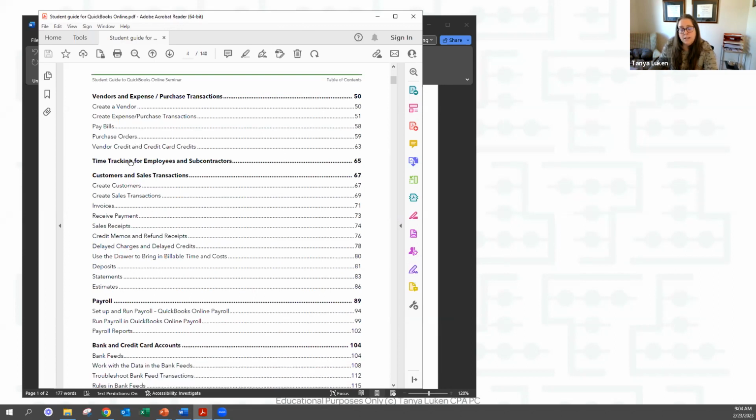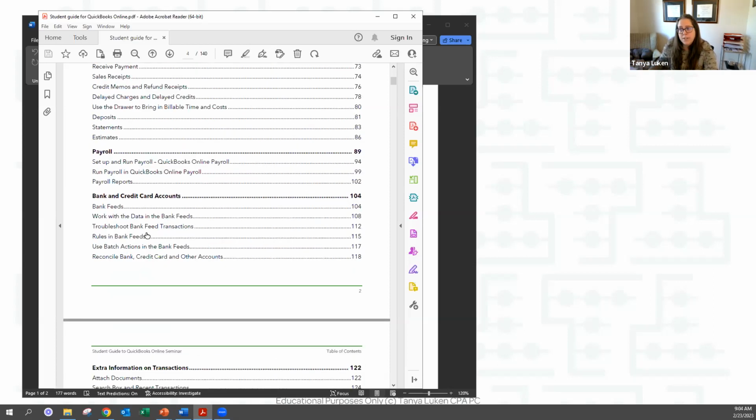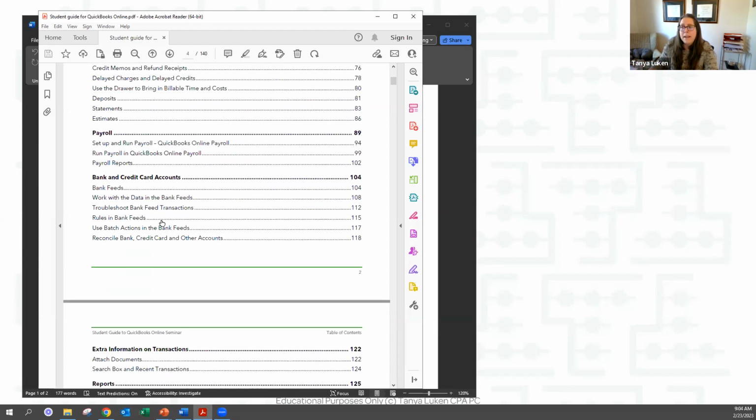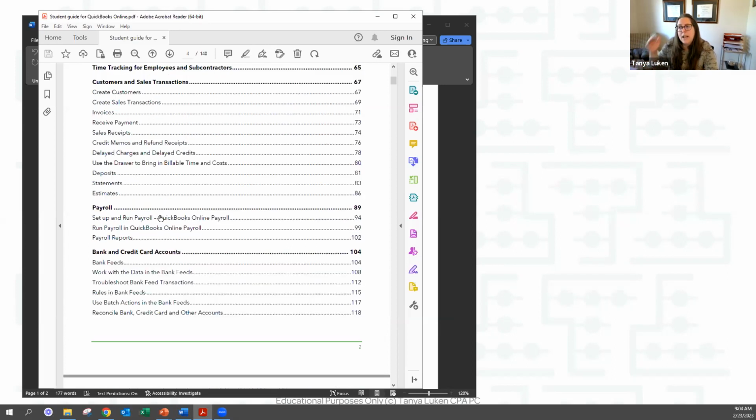Time tracking, we're going to talk about today, but at the very end, because it doesn't apply to everyone. Customers and sales transactions, we're going to talk about first. Payroll, we're going to talk about at the end as well, because again, payroll doesn't apply to everyone. And then bank and credit card transactions, we're going to talk about second today. So the guide follows the same things, it's just a different layout.